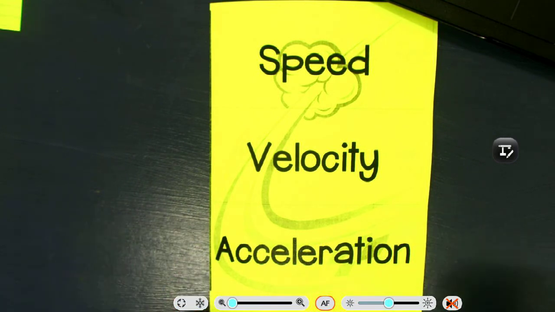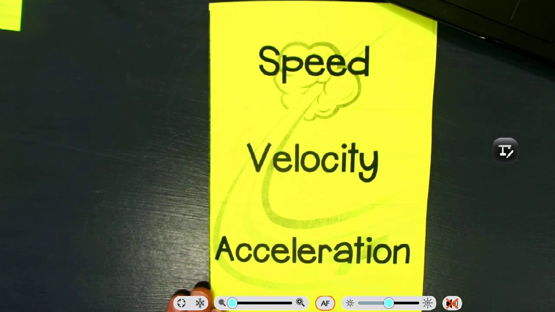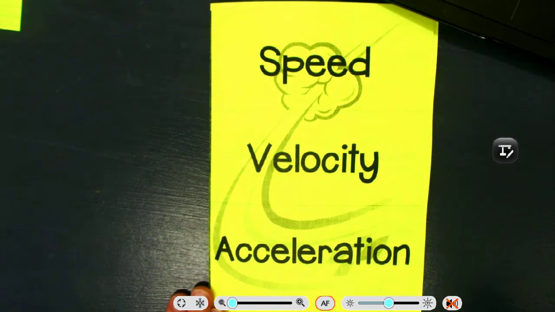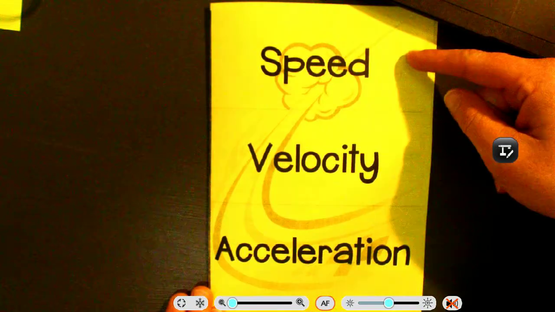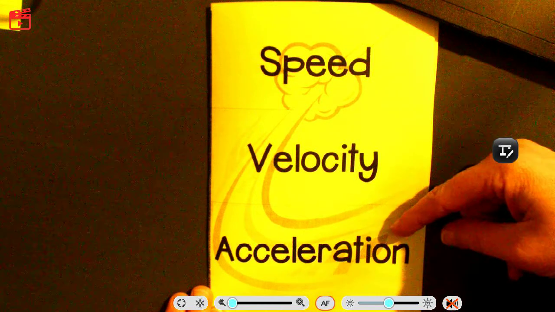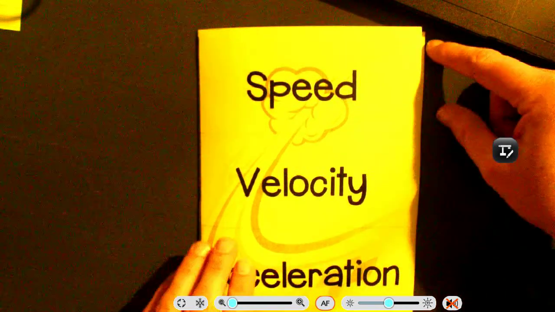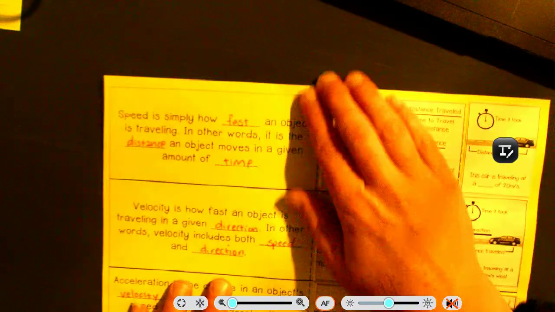So we talked about net force, and we can find out if they're balanced or unbalanced, right? Well, things that take place with unbalanced or even balanced forces are speed, velocity, and acceleration. All right, so if you flip it over here,